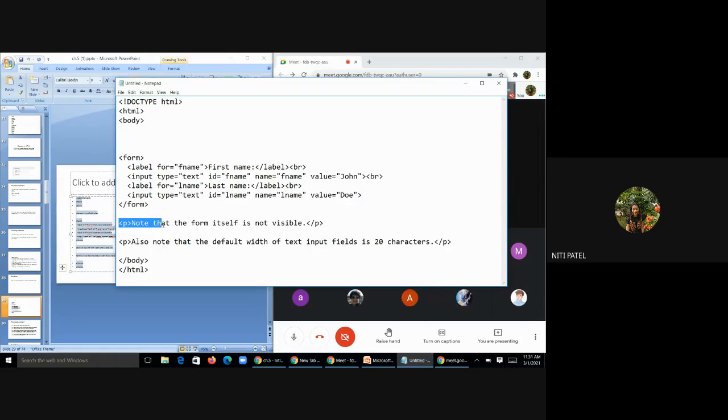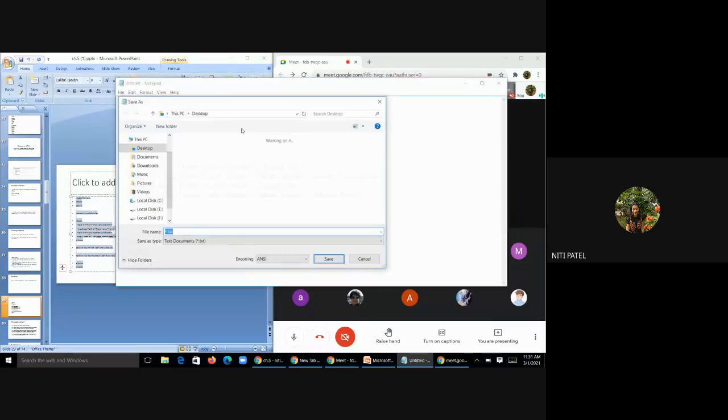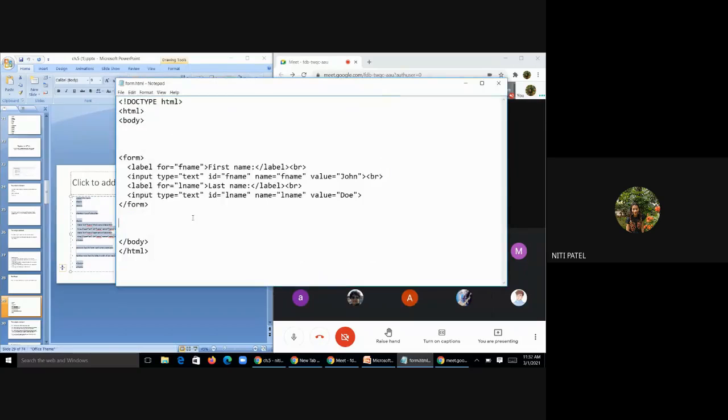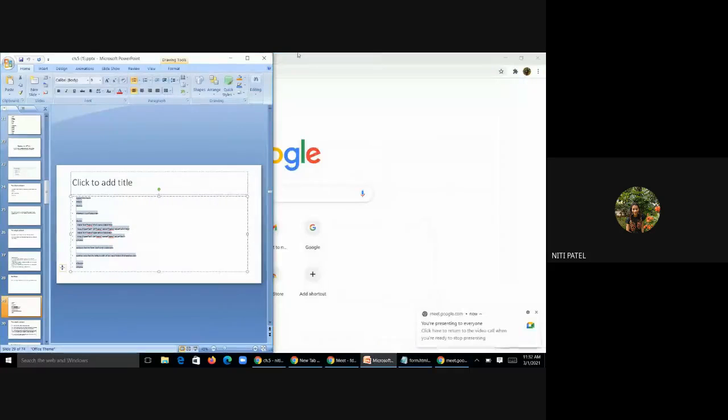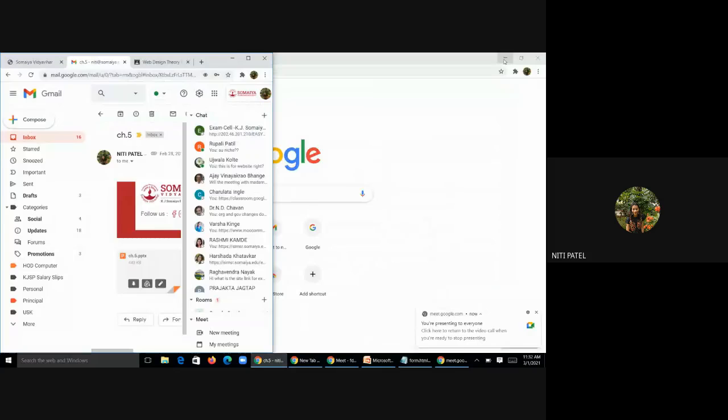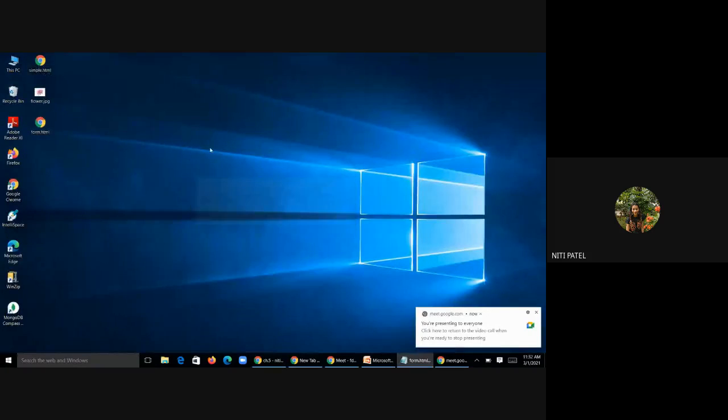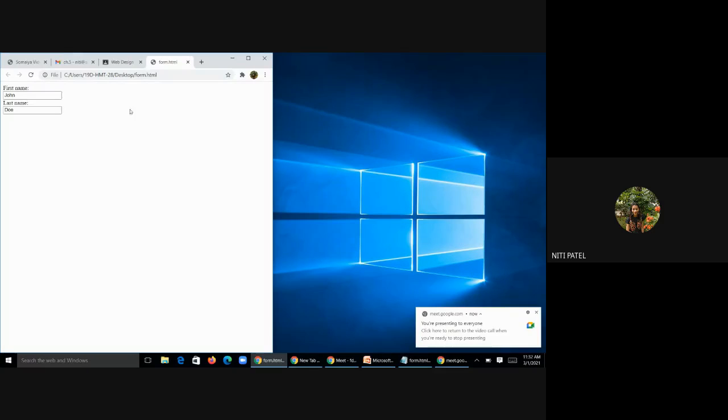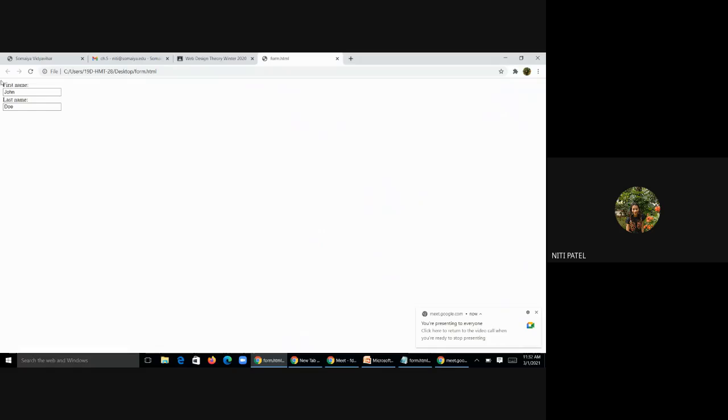Let us unnecessarily remove this paragraph. I am going to save this as form.html. So when I click this, see, I have a form where the first name is John and the last name is Doe.